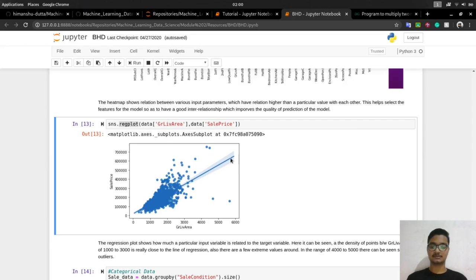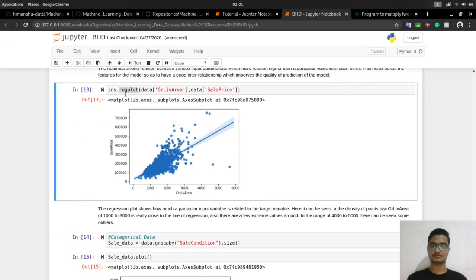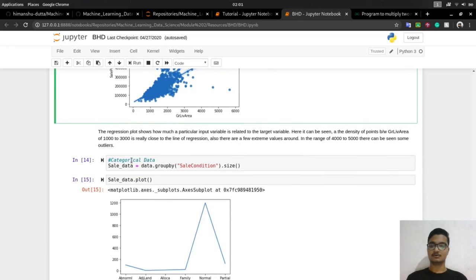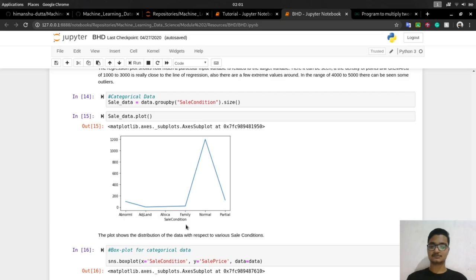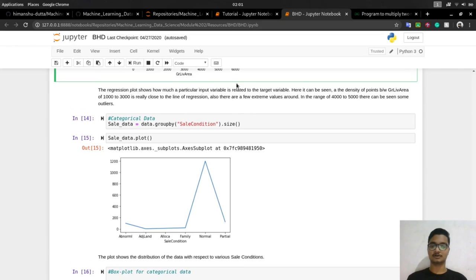So right now this is the regression line and how various values actually fall on that line. So these are the distributed values. Right now regression, let's not concern much about, just know that regression plot is something that we can operate through Seaborn. So yeah, now stepping into categorical data, as we saw that sales condition is categorical value from the above